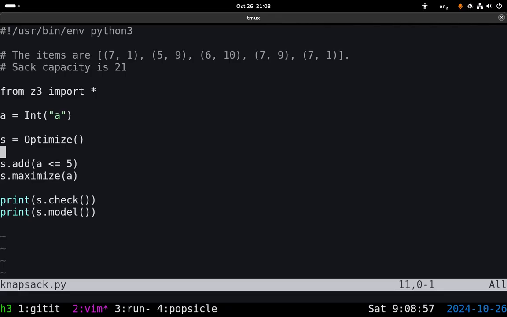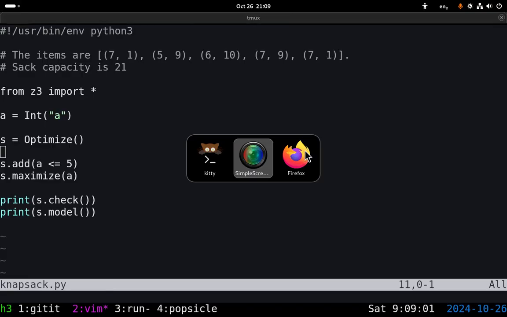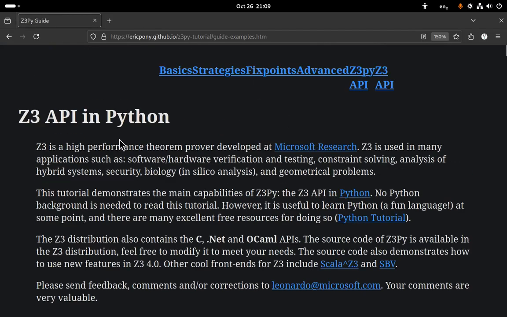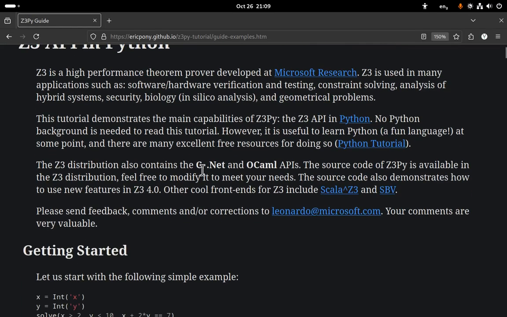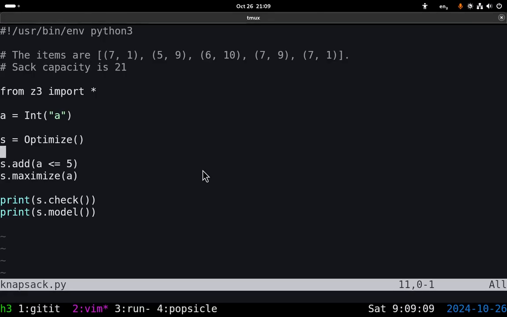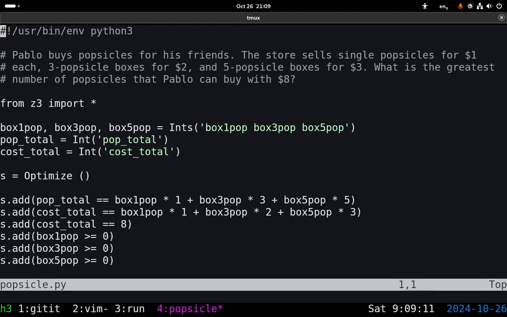Okay, so I gathered a couple of resources. I have this tutorial in the back that I showed in the other video. And I have an example here that's apparently also a knapsack problem, but it's a little bit different, I think, because you kind of have infinite items, whilst